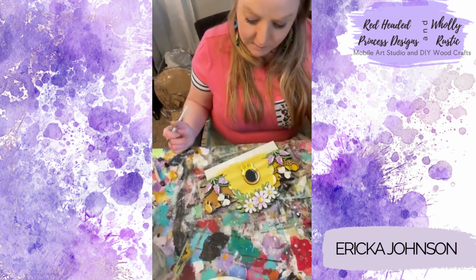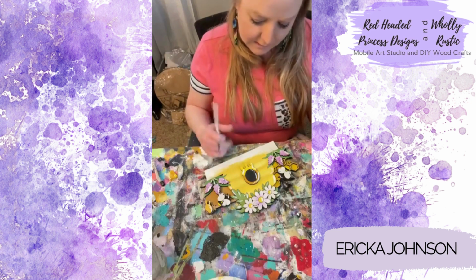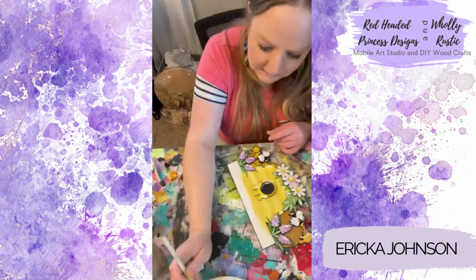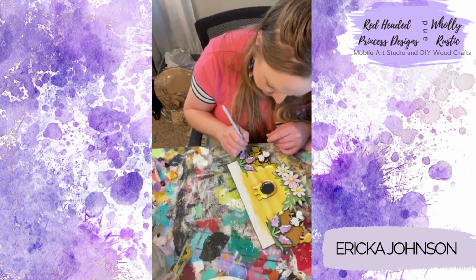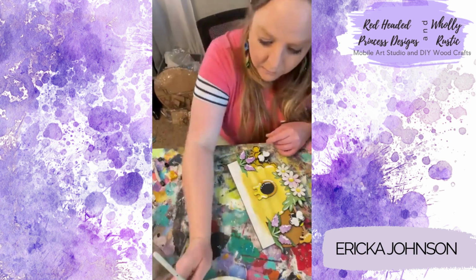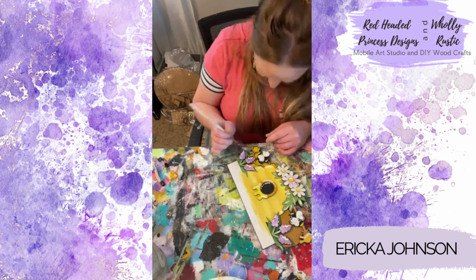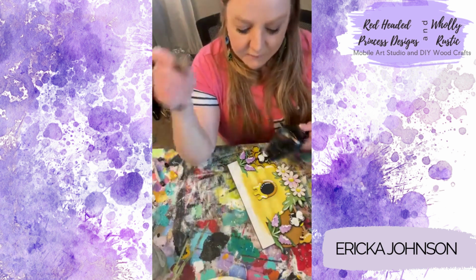Cute. All right, is there anything else that we should add? I think it's looking pretty good. I want to add a tiny bit of white over here to this drip of honey. Nope, that wasn't it. There was water on my brush. Let's try that again. There we go. Just a tiny little bit. It's not going to show very much, but...